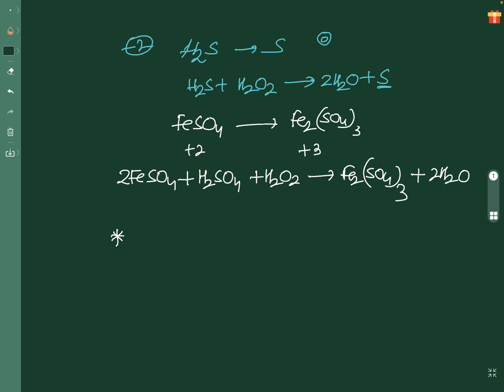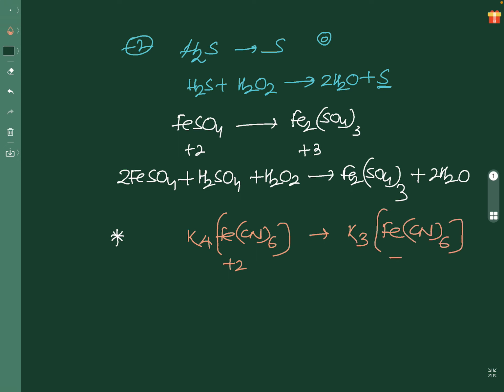H2O2 oxidizes potassium ferrocyanide to potassium ferricyanide. K4Fe(CN)6 is also very similar, where the oxidation state of iron is +2, and it changes to K3Fe(CN)6, potassium ferricyanide, where the oxidation state of iron is +3, +2 to +3. Potassium ferrocyanide to potassium ferricyanide. The balanced equation: